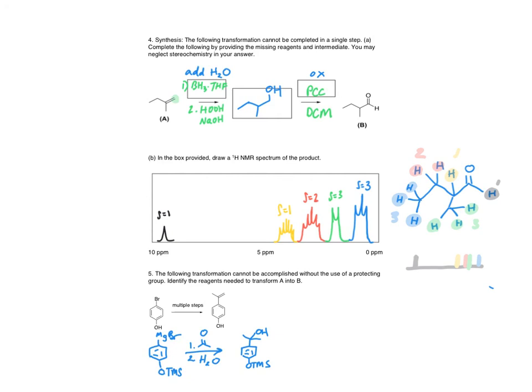and what we can do next is go directly to the product with concentrated sulfuric acid, because concentrated sulfuric acid will allow for an E1 elimination of this alcohol and a deprotection of the TMS group. Now, if we want a slightly higher yield, we can turn that alcohol into a tosylate,